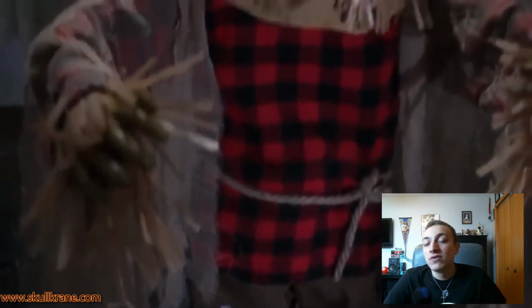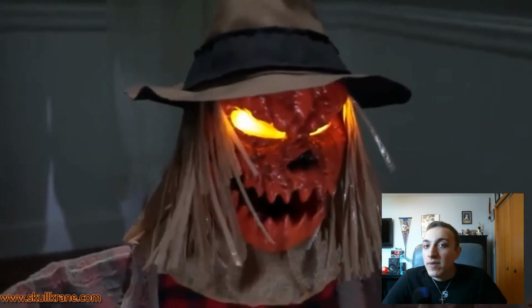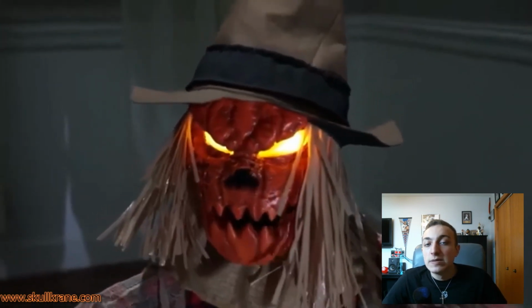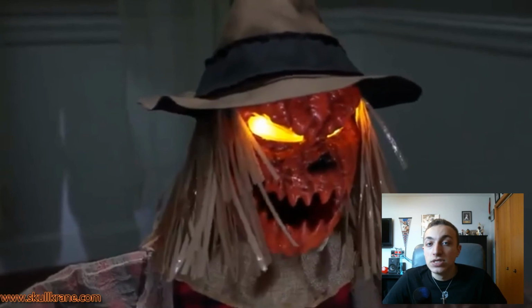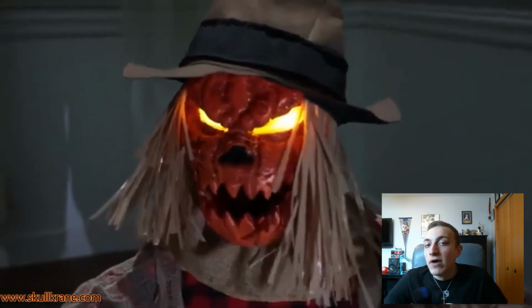Now, would I purchase this one again? It would depend on the pricing. If it's around the $50 range, which again I don't believe it'll be, I probably would buy this just to have in my collection. I think it'd be a little cool scene setter, especially if you don't own the life-size versions of these characters, but it just doesn't do anything for me to make me say, wow, that's amazing, and